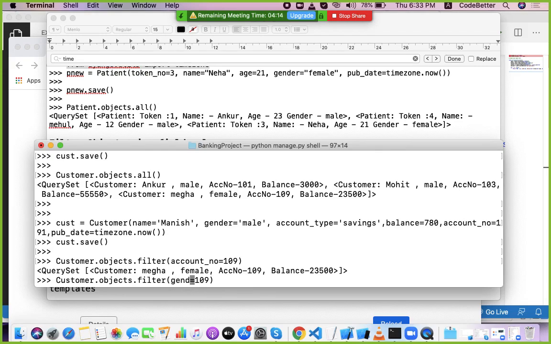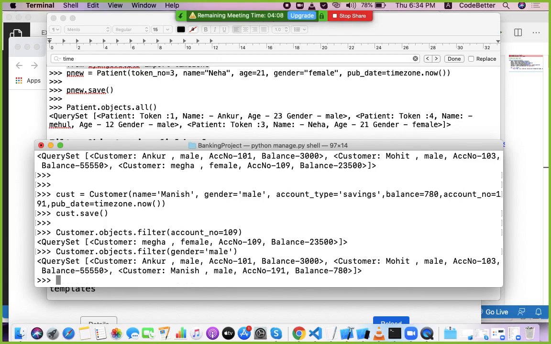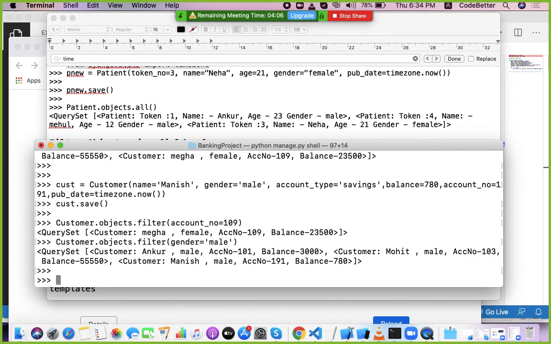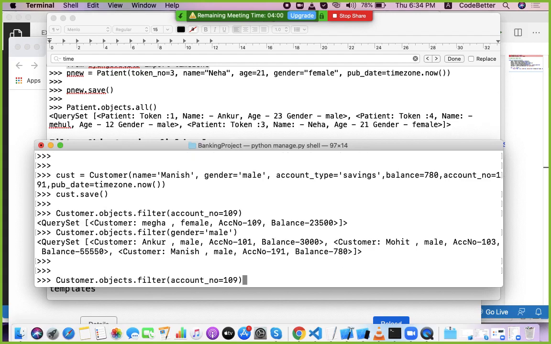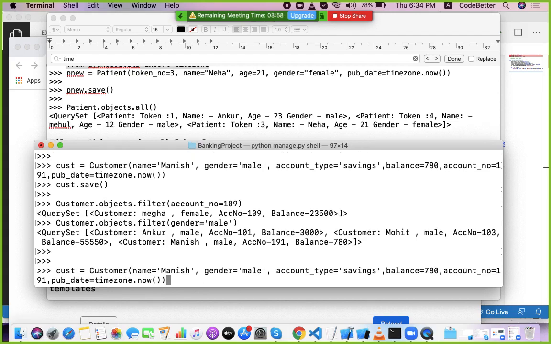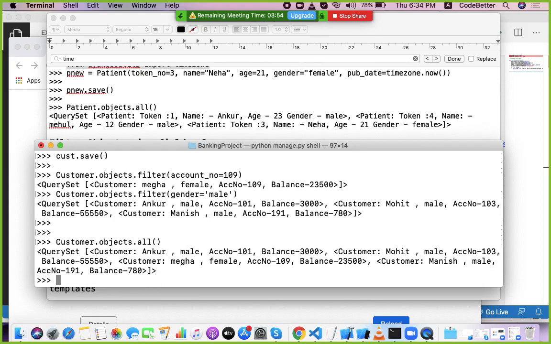Gender equal to male, only male data. This way you can filter the data when you fetch it. Or let's say again fetch all. So I have these records.